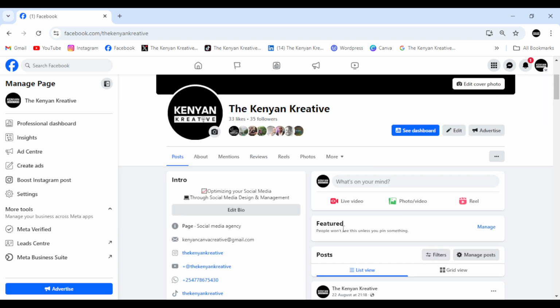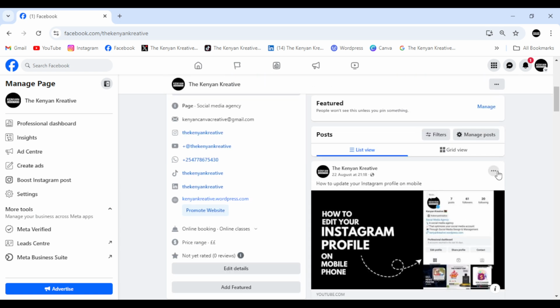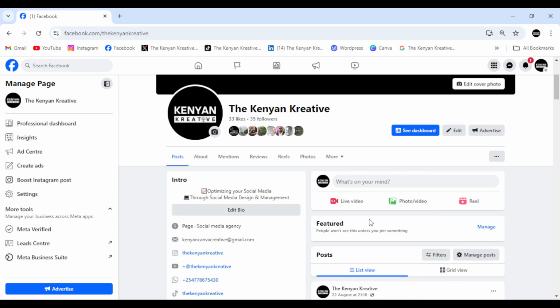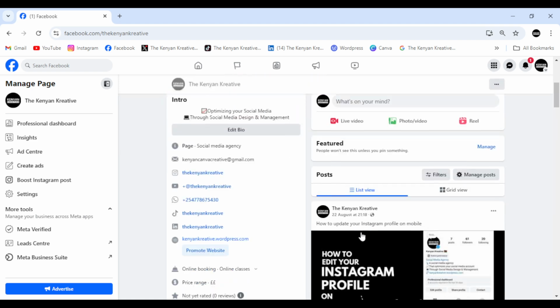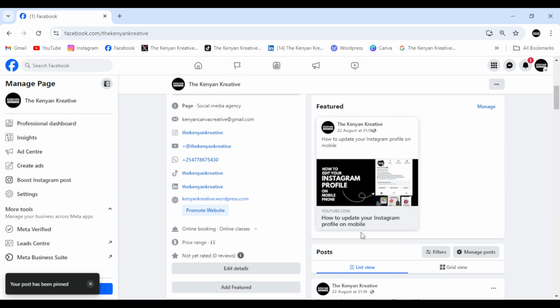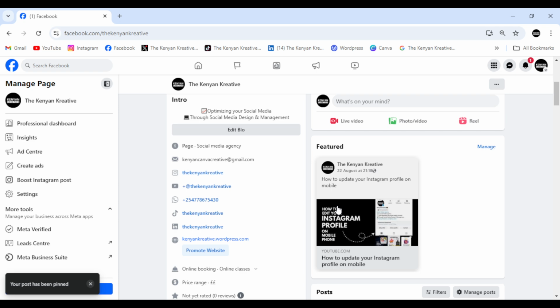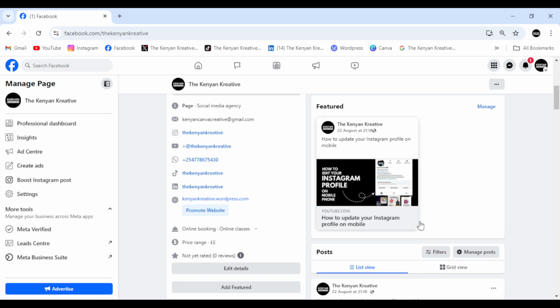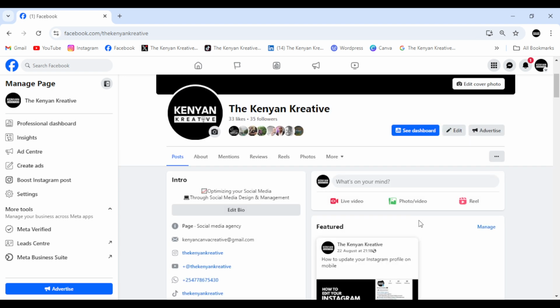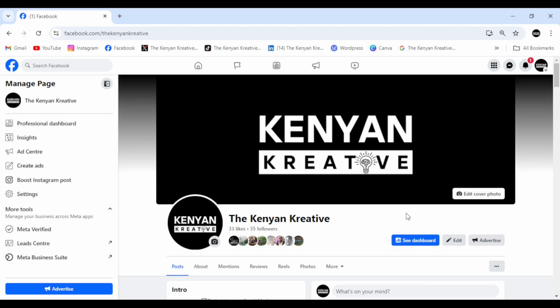All right, so you can see now this is how the page is looking. And if you want to highlight something, for example, the way we do it on Instagram, you see some posts have been pinned. So this is where you can pin some posts. For example, if I click on these three dots here and click on pin post, you'll be able to see that it will be featured right here. You can see it has now been featured because I've pinned it. So that's how things are. All right, so that is it about updating your